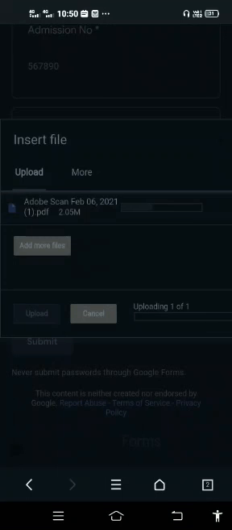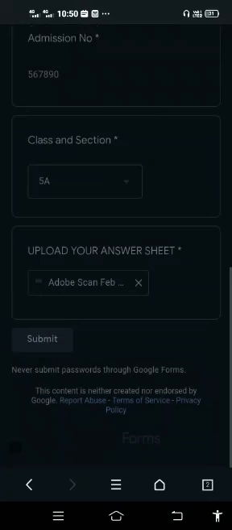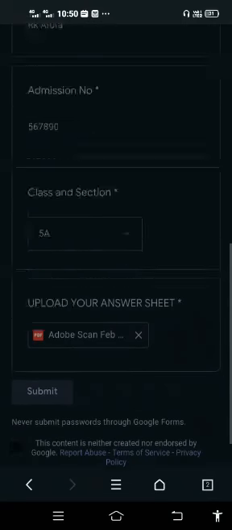When you will be clicking on upload, see, it's getting uploaded, and it is going to be uploaded very soon. Now it is uploaded. See, you can see the name of your document over there under the heading upload your answer sheet. So your document PDF has been uploaded, but now you need to submit your exam.